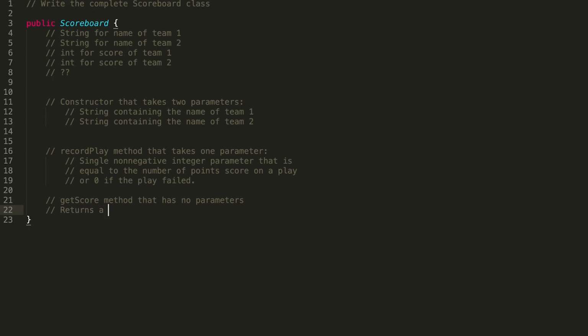It returns a string that represents the current state